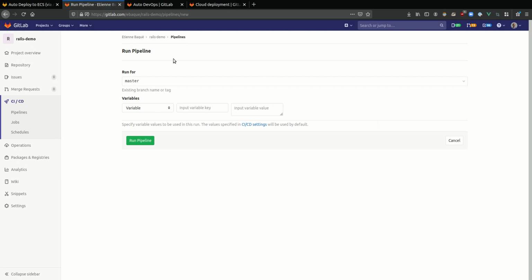I'm going to run a new pipeline. Since I want to deploy to a review app, I'm going to select a branch. I already have all the CI variables that I need, so no need to input anything here. Now if I run the pipeline,